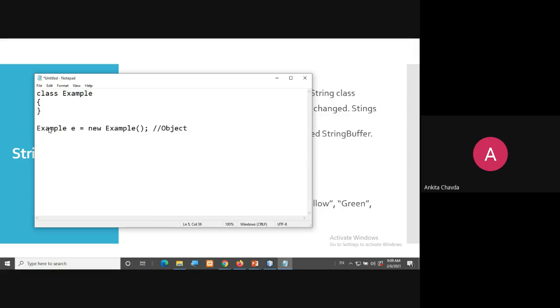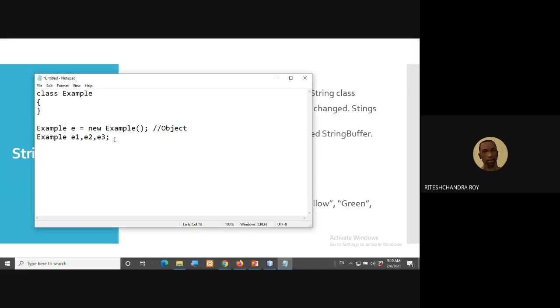You already know what a class and an object are. In C++, how did you create the object? Only like this: Example E1, E2, E3. We are not using the new keyword there.